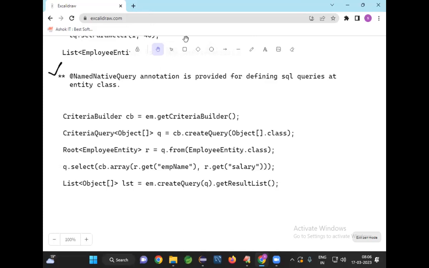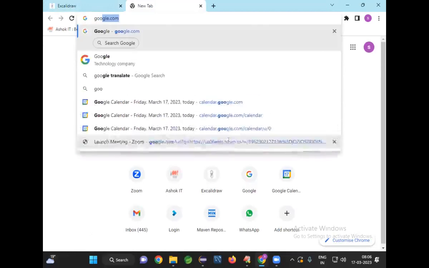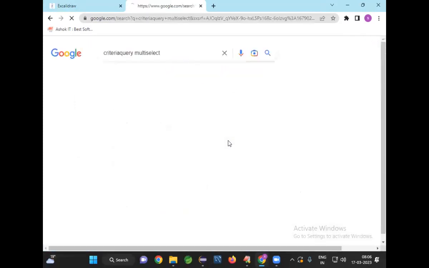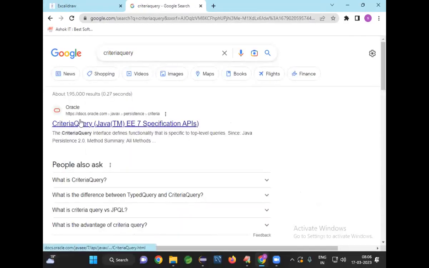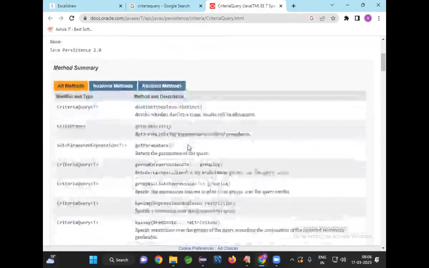Let's open criteria query. I'll show you some of the methods of it. So here we go with the criteria query. It is an interface from the javax.persistence.criteria package. We have an interface called criteria query. And if you look at the methods here,